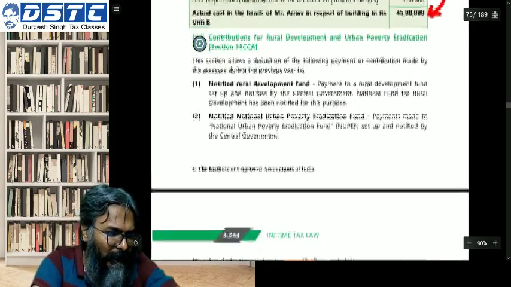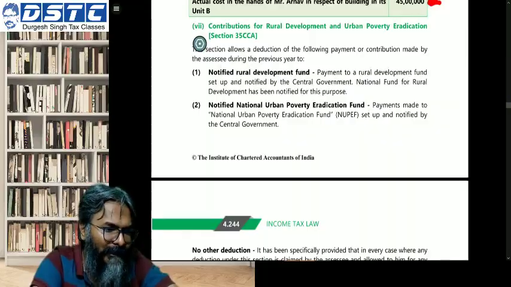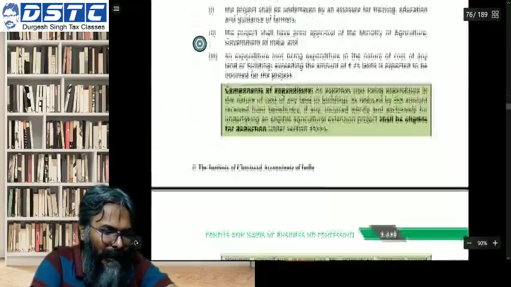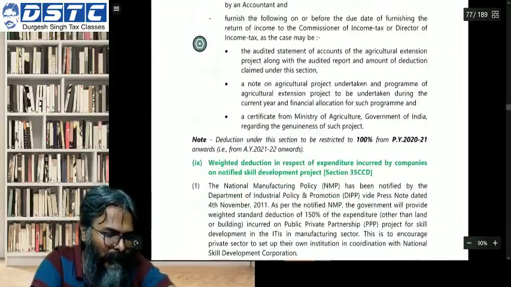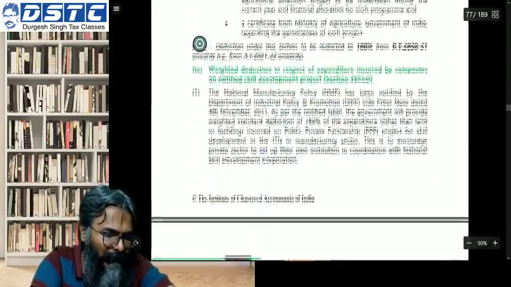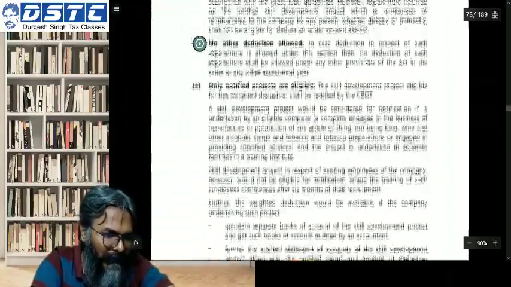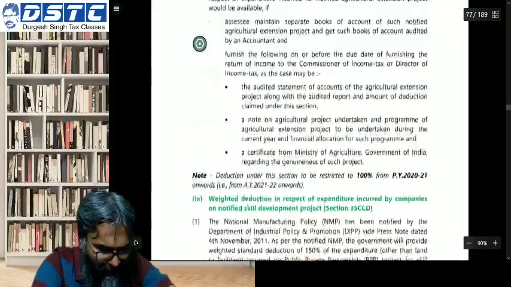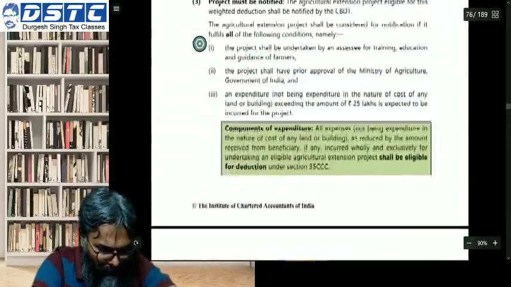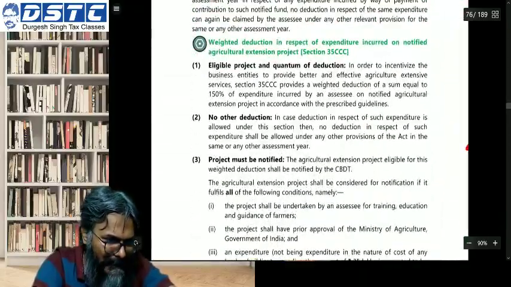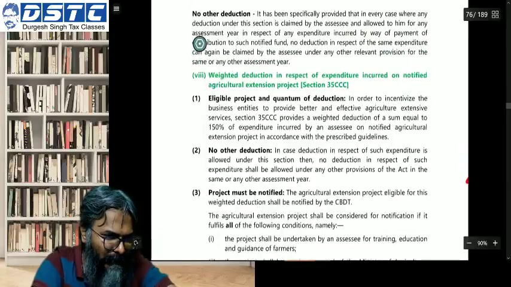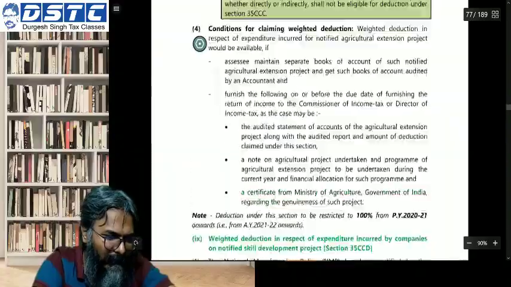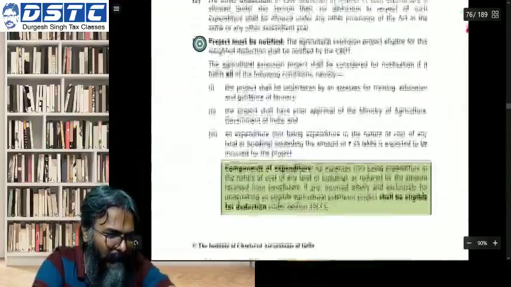Now very quickly, the other two small sections. The small sections wherein there is deduction of capital expenditure. Didn't I tell you about this also? 35 CCC and 35 CCD. I have mentioned this to all of you. Which are those two sections? 35 CCC and 35 CCD. So students, here if you see,